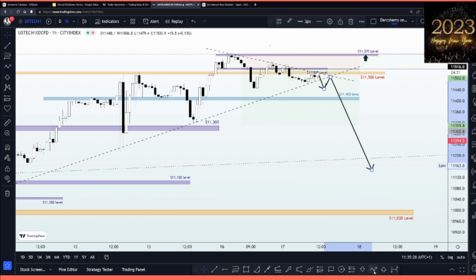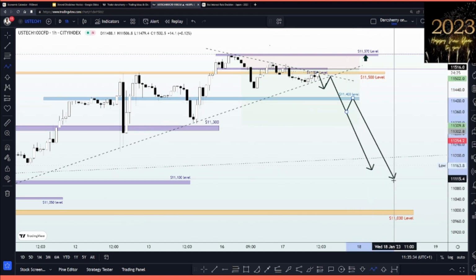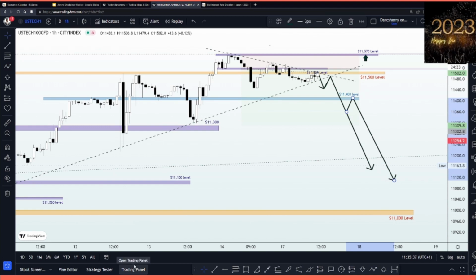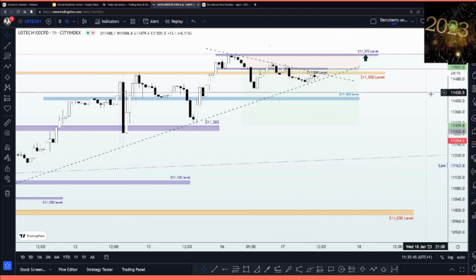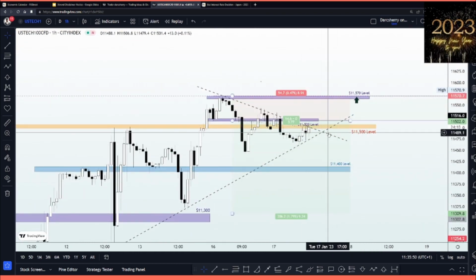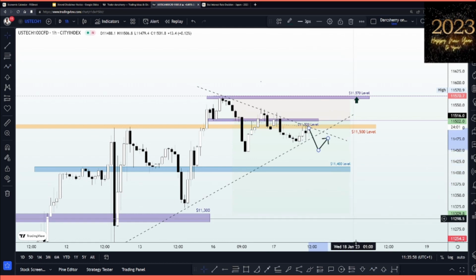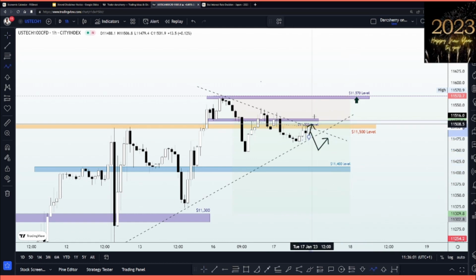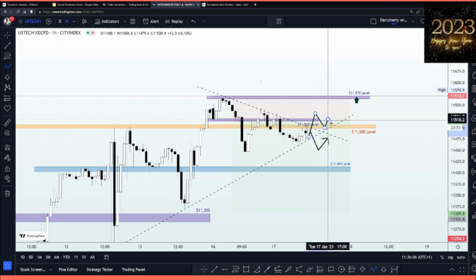And if a further breakdown of the 11,400 level happens, followed by selling pressure on our lower time frame, we want to be adding more position to our existing trade. So what this simply means is that below the $11,500 level is an area we want to be looking out for selling opportunities, and we shall be using both the bearish trend line here and the bullish trend line to guide our trading activity for today. So a breakdown of this bullish trend line should be giving us an opportunity to sell, and a breakout of the bearish trend line here, which also shares a confluence with 11,500, will be giving us an opportunity to buy